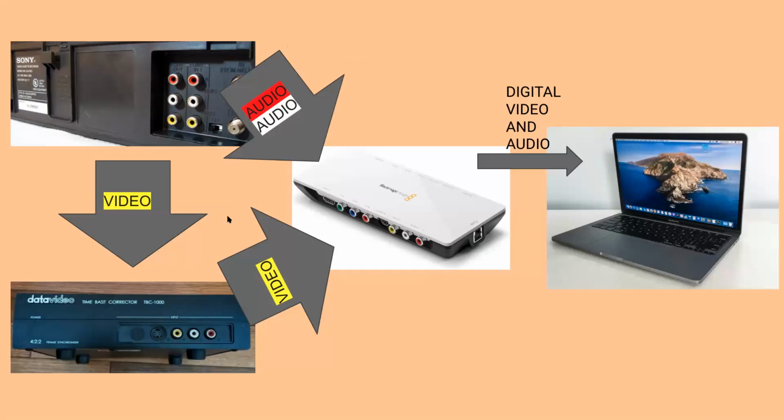Here, I just wanted to show you a diagram of this process that we just talked about. So you can see you have your playback deck here, the back of your VHS deck, and the signal comes out from the deck. The video from the yellow goes to your time-based corrector, and your audio from the red and the white go to your analog to digital converter directly. Your video from the time-based corrector then is stabilized and then also goes to the analog to digital converter. So then you have all three going in here,